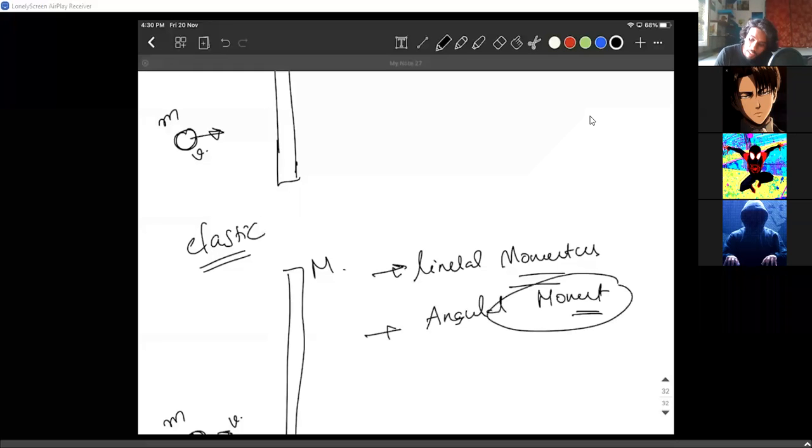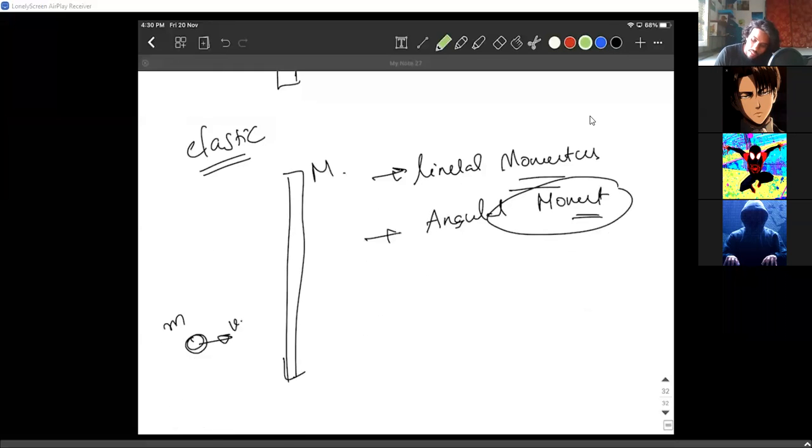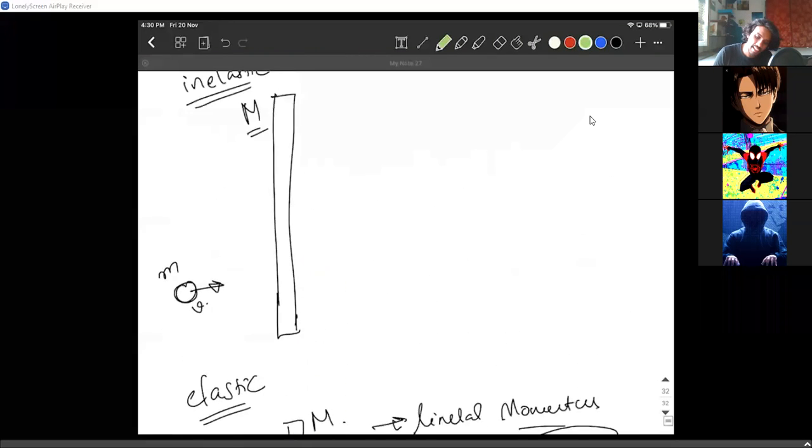But the angular momentum about which point? About the center of mass of the rod can be conserved. About the center of mass of the rod. But if it is inelastic,